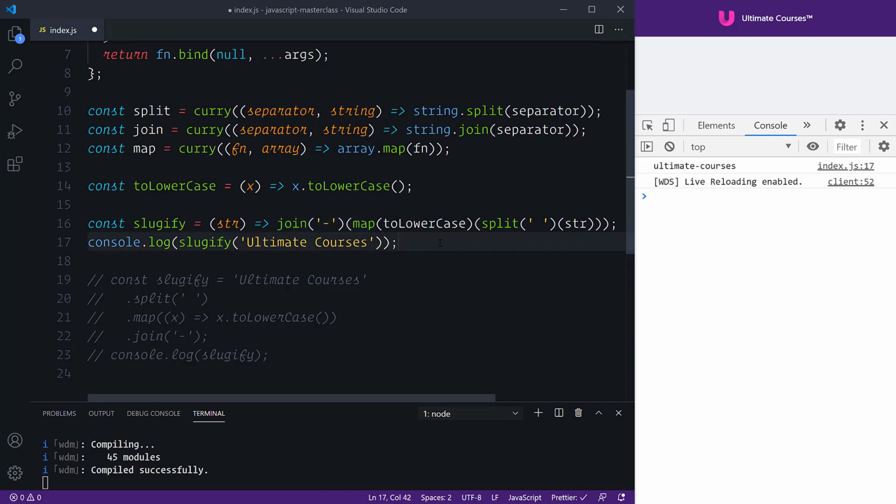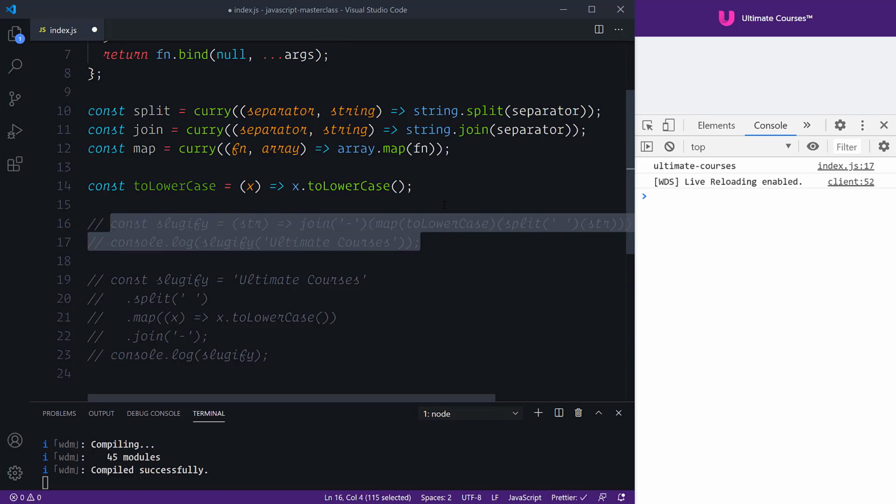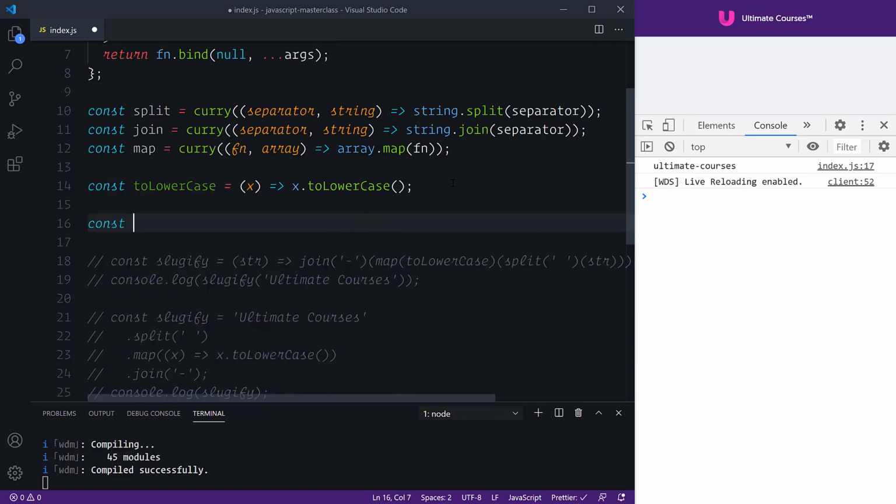And in the next video, we're going to look at function piping, which will then give us a much more enhanced readable way of doing things as well. So that's our nice slugified version. Now what I'm going to do is comment it out, because wouldn't it be nice if we could do something